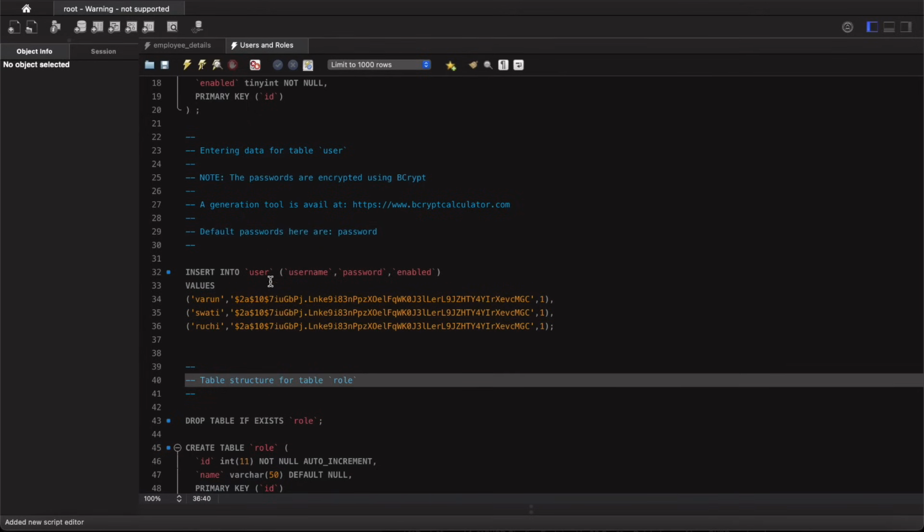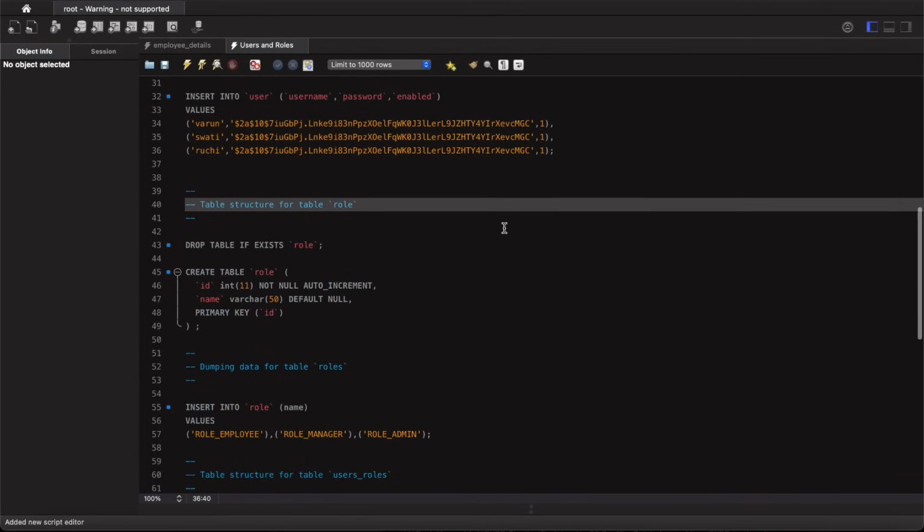Since we have used the bcrypt password encoder, it will encode the password, and we can use the simple text password, that is the default password here. So we can write password, and in the database it will be encoded to the password that we have created using the bcrypt calculator. Okay, and once this is done, then